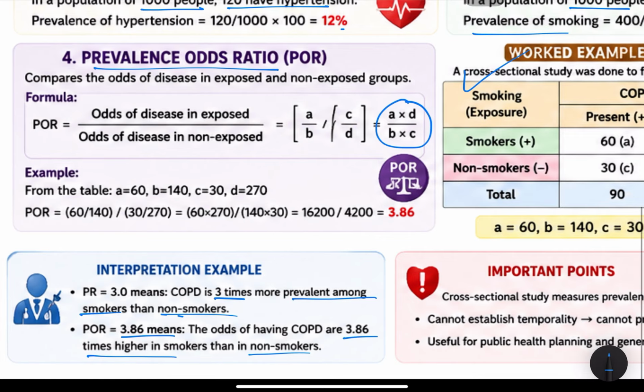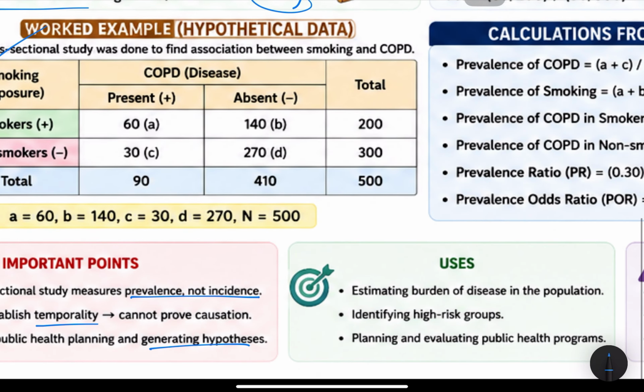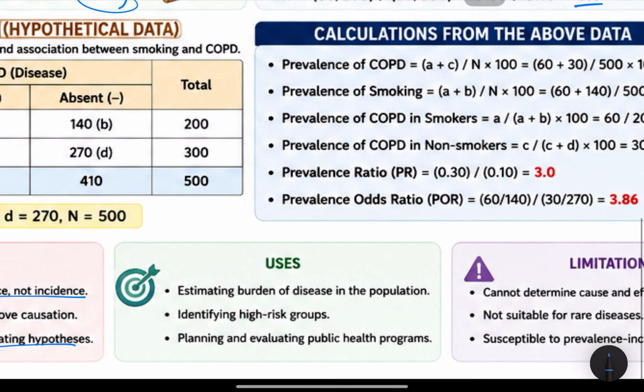in non-smokers. Okay, now an important point is cross-sectional study measures prevalence, not incidence. For incidence, we have discussed that in cohort studies we can find the incidence. Cross-sectional study cannot establish temporality. It is used for public health planning and generating hypotheses. Yes, so we can generate hypotheses. Uses of cross-sectional study are establishing burden of disease in the population, identifying high-risk population, planning and evaluating the public